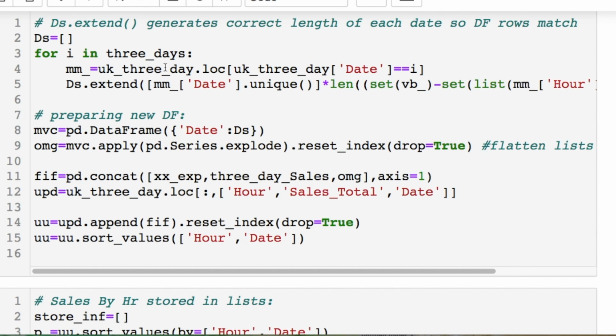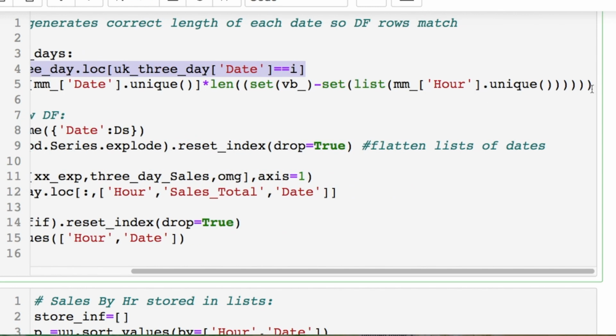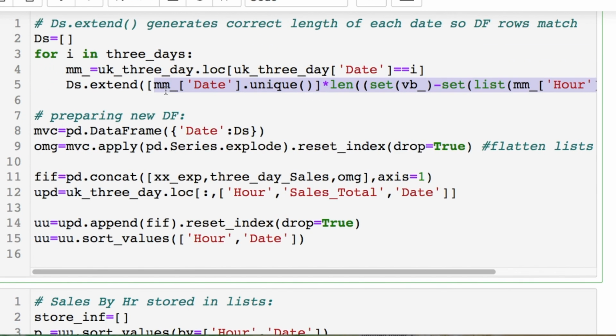From there, we have to go through all of the days, iterate through that, and then we're taking all of the hours, taking the length of that set difference we did before, and multiplying it times all our unique names to get a list, a nested list of each date corresponding to the length of each of the 3 nested lists of hourly values.